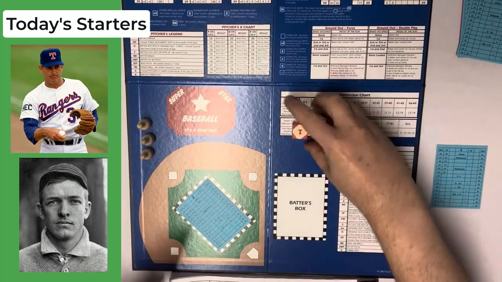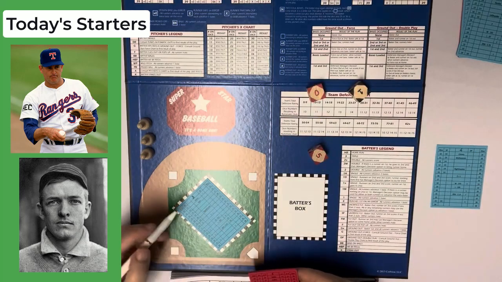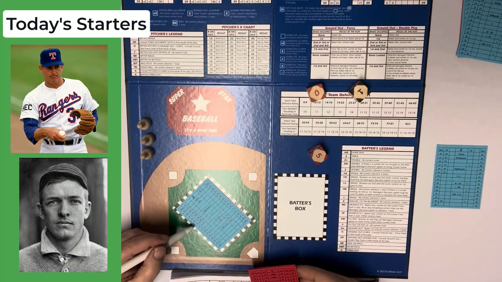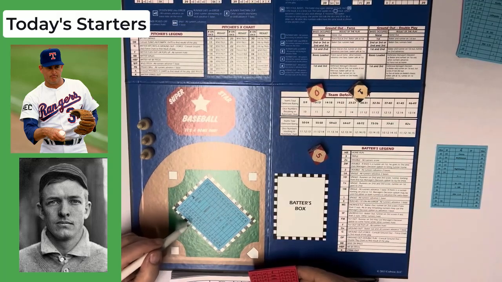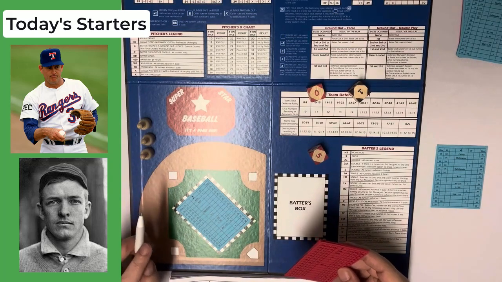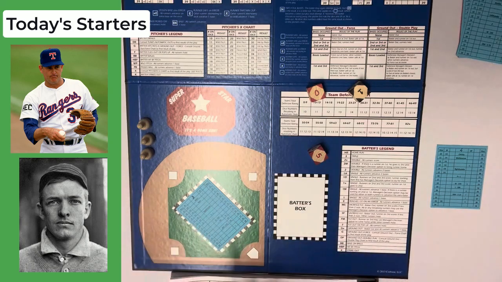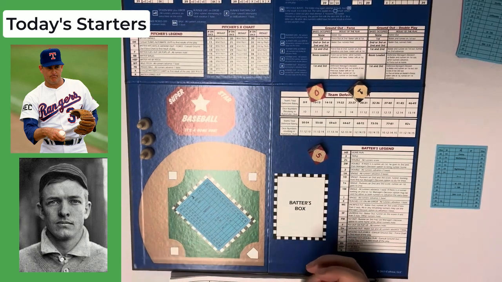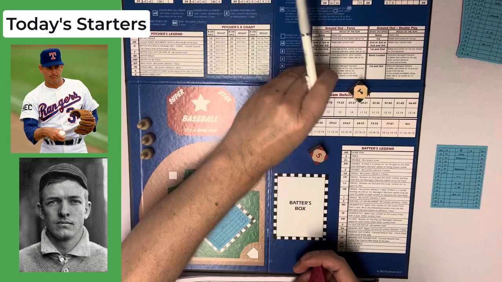Eddie Collins is the next batter. And he gets a 15. Now, 15 is a defensive rating. We refer to the defensive rating when you get these DR results off the pitcher's card. The defensive rating for Team 3 is a 22. And we refer to the defensive rating card,